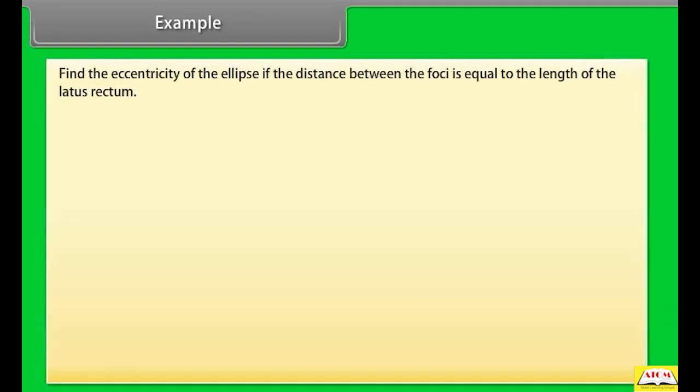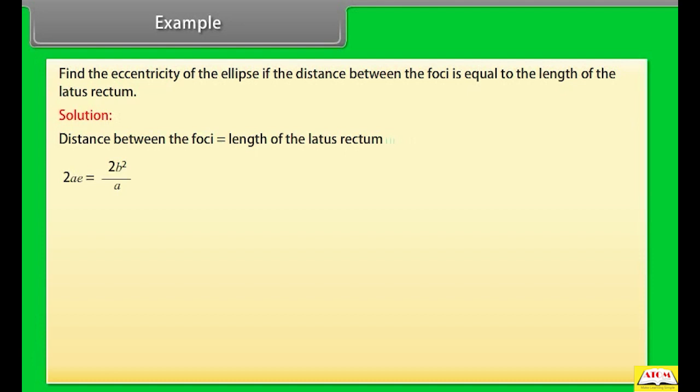Example: find the eccentricity of the ellipse if the distance between the foci is equal to the length of the latus rectum. Solution: distance between the foci is equal to length of the latus rectum. 2ae is equal to 2b square upon a, or ae is equal to a square into (1 minus e square) upon a, or e is equal to 1 minus e square, or e square plus e minus 1 is equal to 0. e is equal to